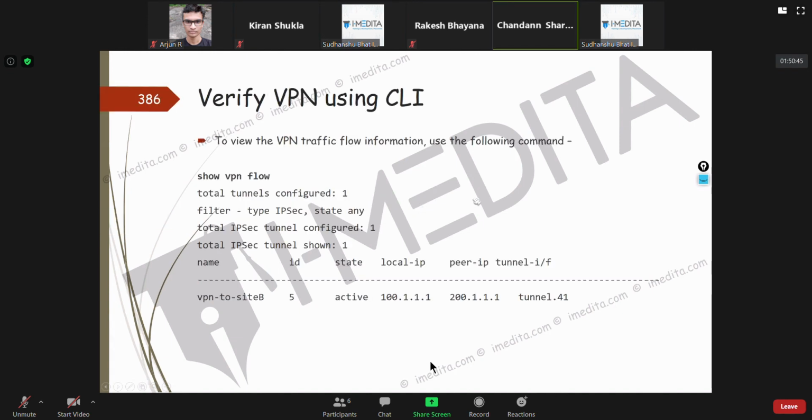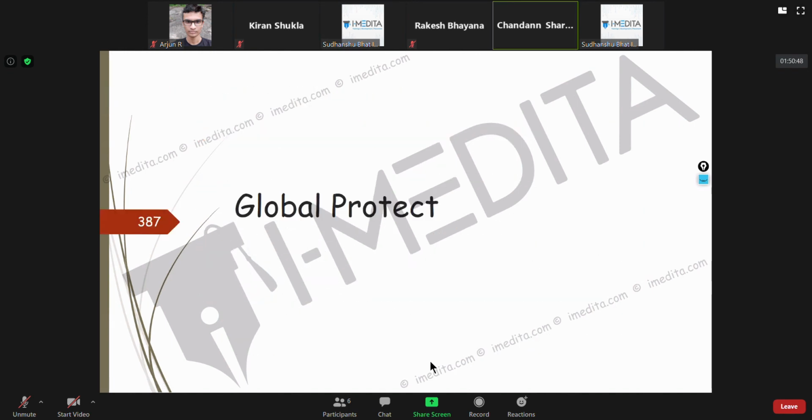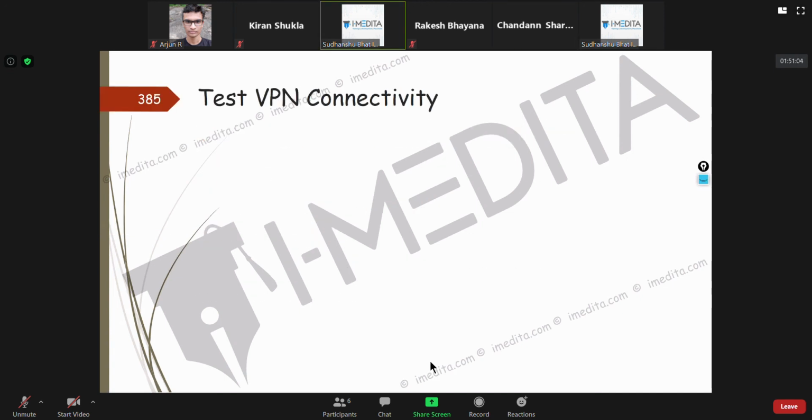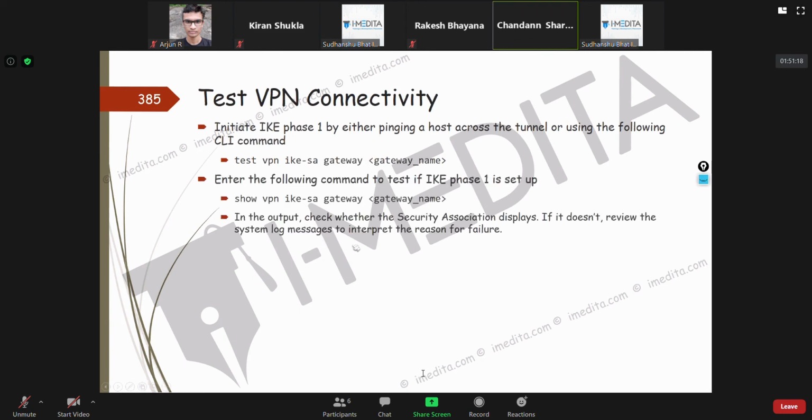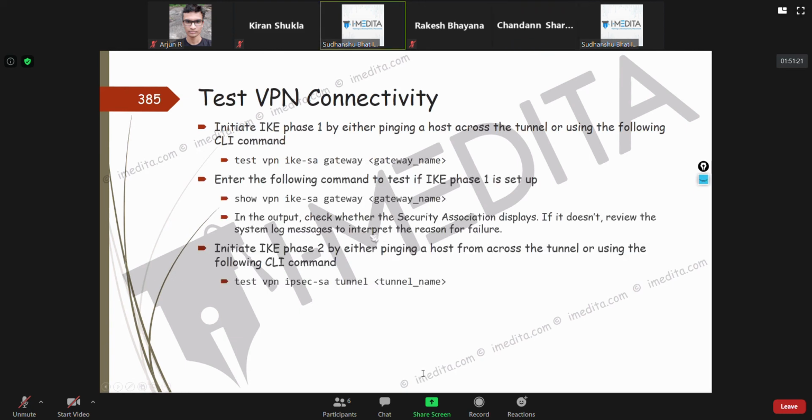So that's it. We have troubleshooting classes for VPN. Suppose you are facing any kind of issues, you have to check step by step. These are the same things. You check whether phase 1 is being negotiated properly or not. There are no other individual things that you have to verify. If this one is working fine, then check whether phase 2 is working fine or not. If both of them are working, the tunnel is up, and then check whether data is flowing.